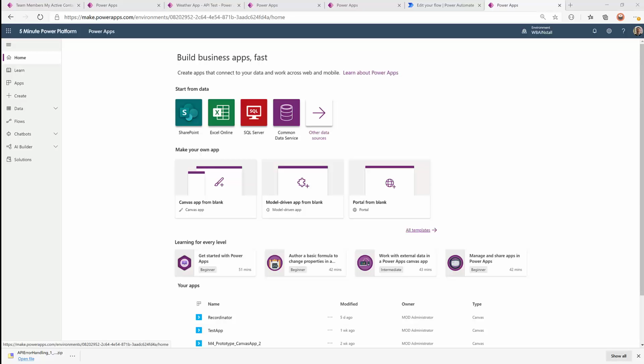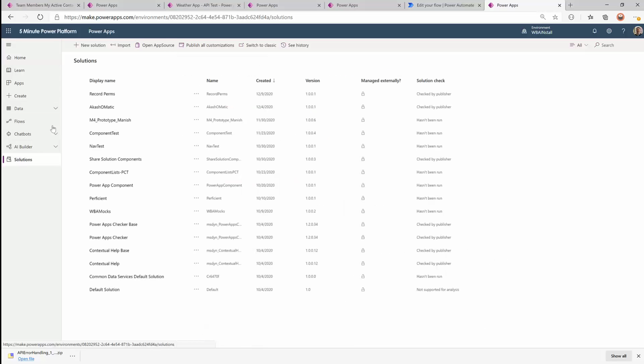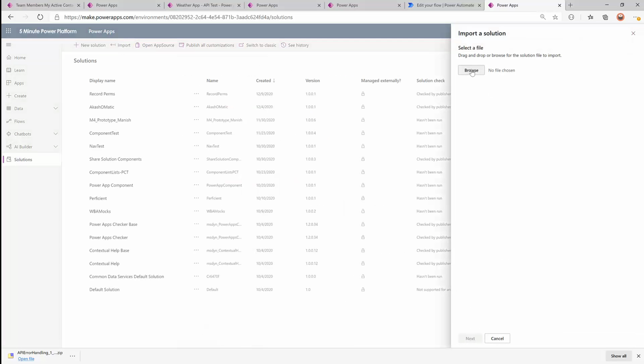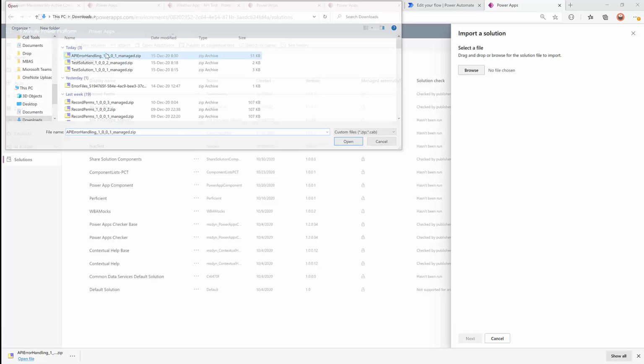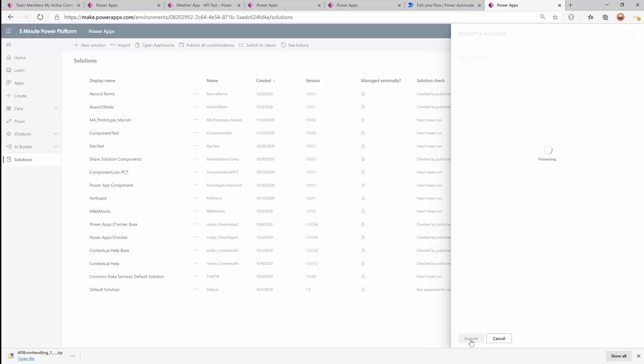So I created a sample app that shows two ways of handling API errors in Canvas apps. I created it as a solution, so let me import the solution here by going to Solutions and Import, and then browsing for the file. Then I'll click Next, Next, and import once a connection there, and I've already got a connection MS Weather in this environment, which is